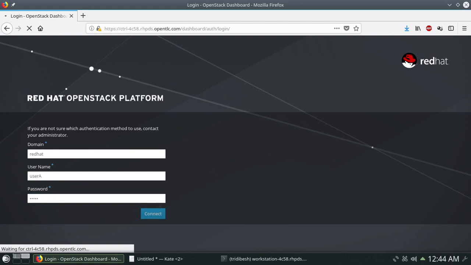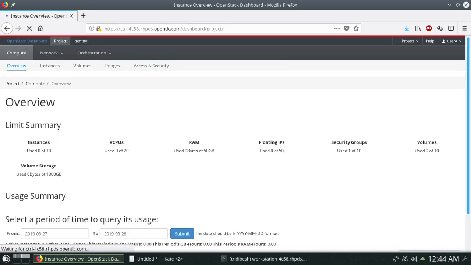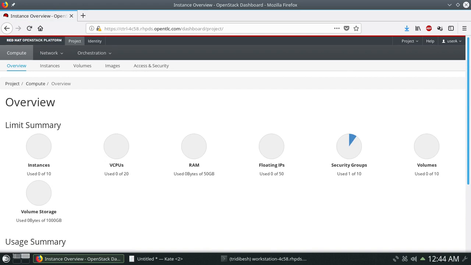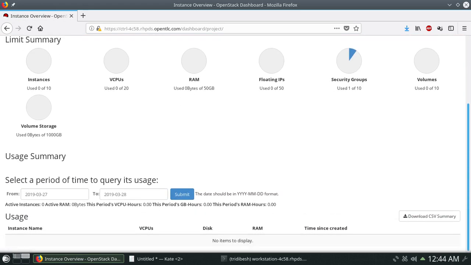Let's see whether we are able to log in and can see whether user A is part of project A. So let's see, it's logging in. It's a little bit slow. Yeah, so you can see it's logged in, and if I click on project for user A, it's project A. So user A is part of project A.